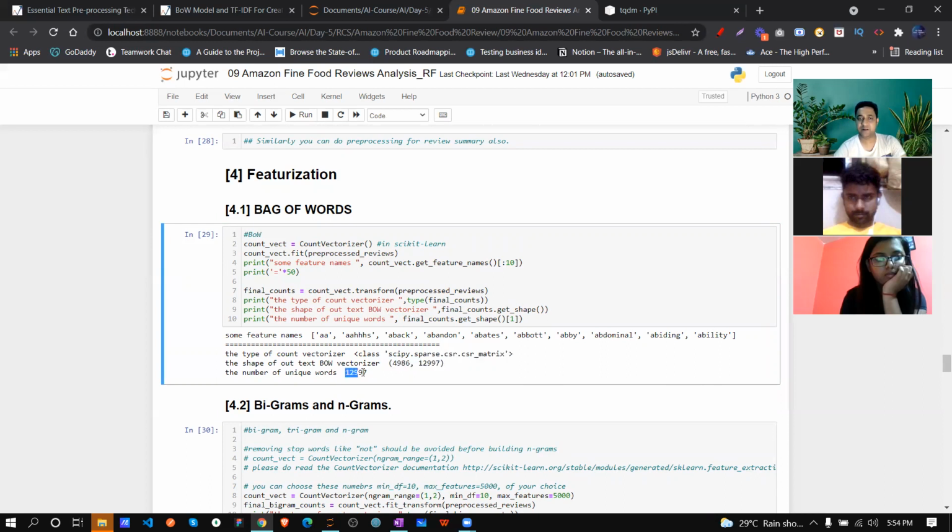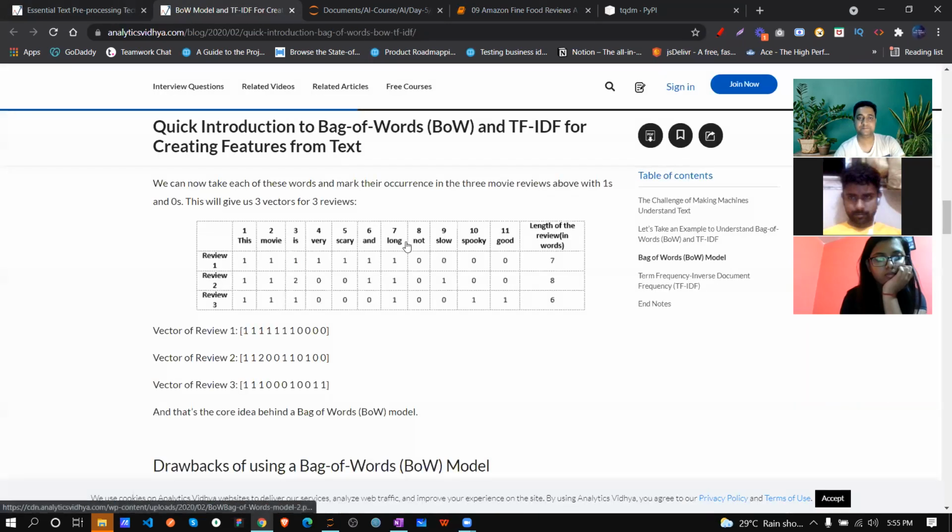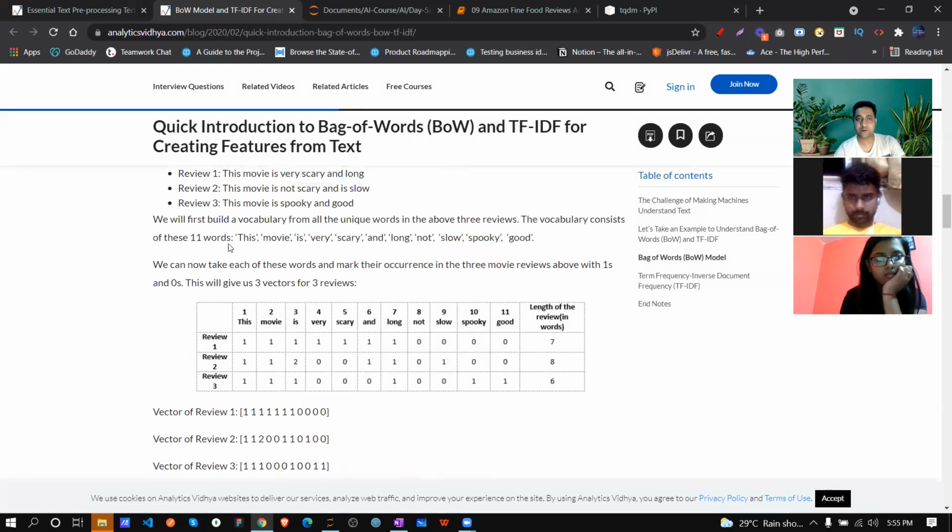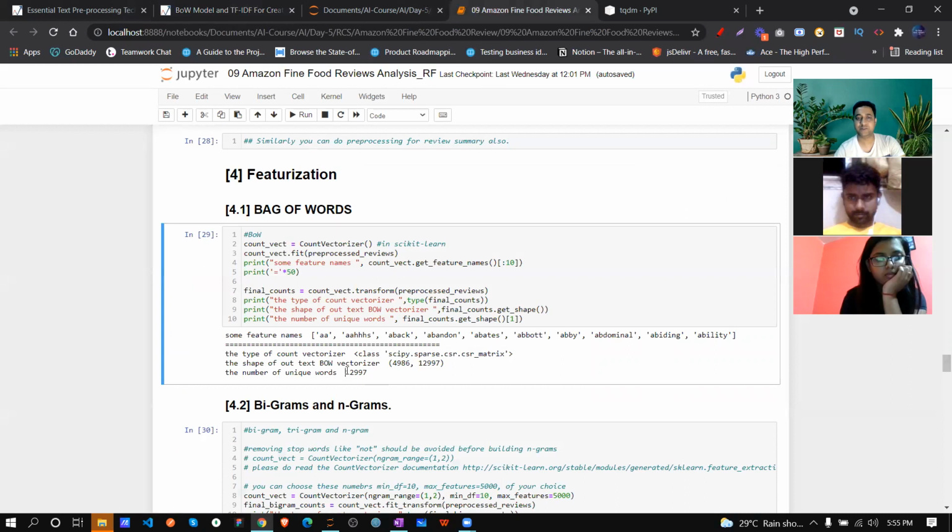Unique words mean my vocabulary that we already found, that is this much. Last time we found 11 or 12 vocabulary words over here. Like this way, here we are finding a total of 12,997 vocabulary words.